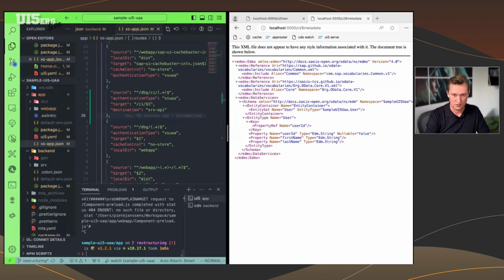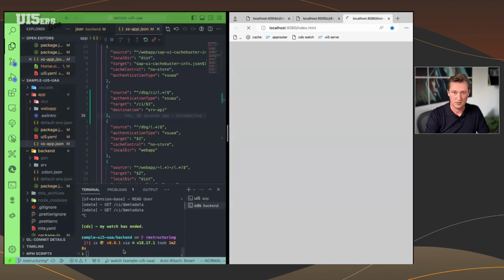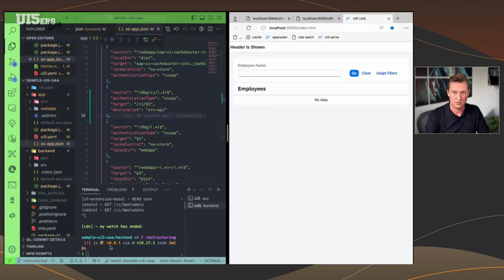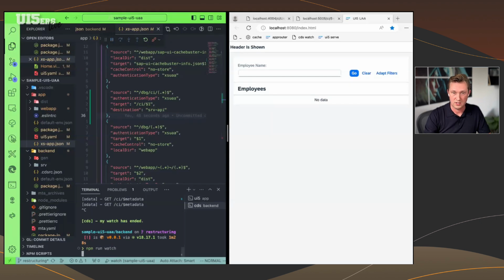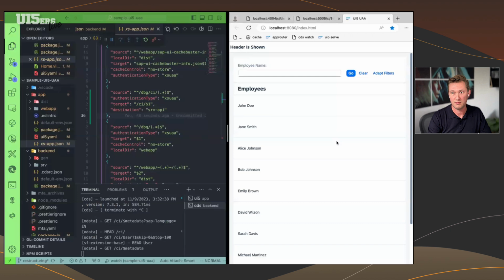So we can also just run npm run serve on the app side. And then, yeah, I would do it. So this is just the serve working. And then we have the watch for CDS. Since it's UI5 serve, it's now on 8080 by default. And again, we have a connection with the backend. So this is also through UAA. And then if I just kill them again here,